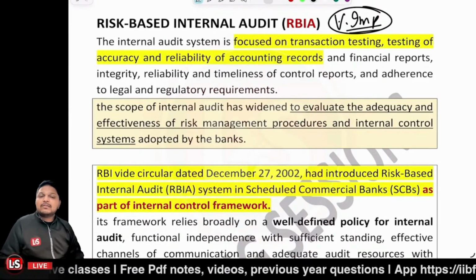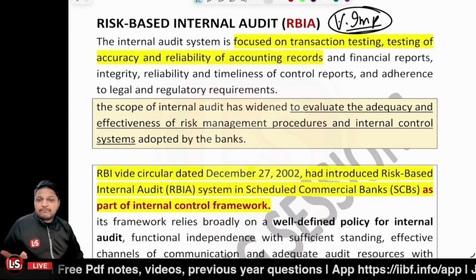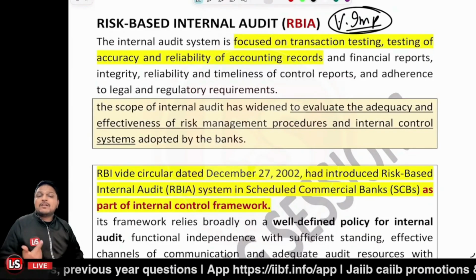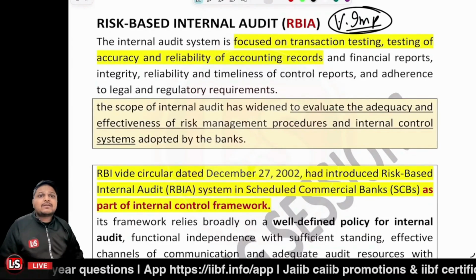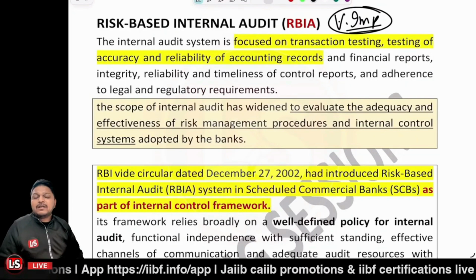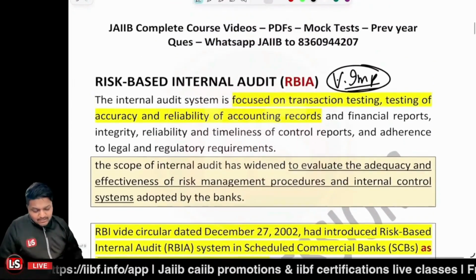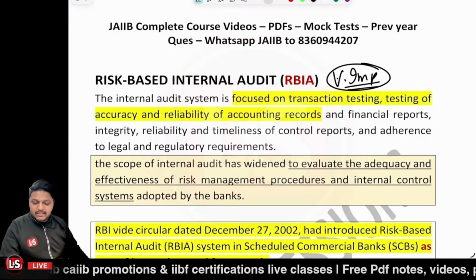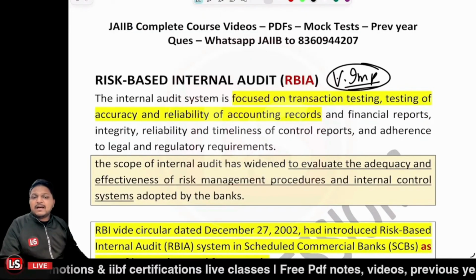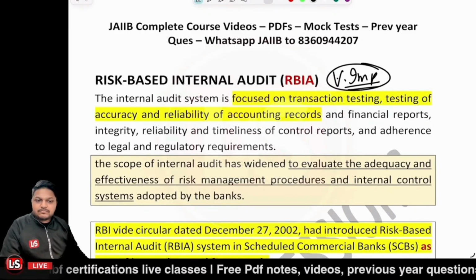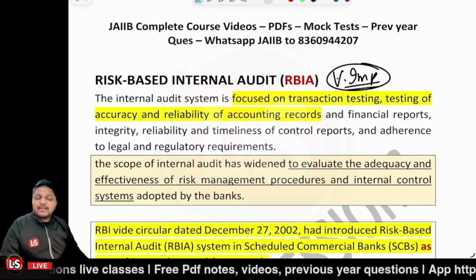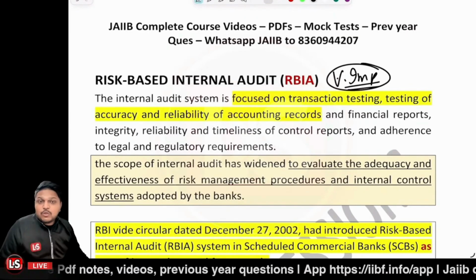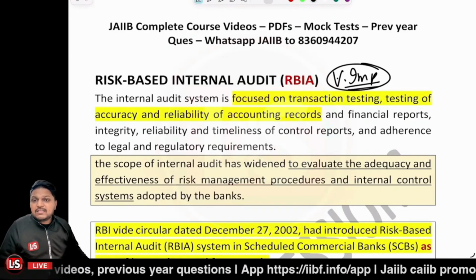And it should have independent staff, proper staffing, competent and professional persons who can complete the processes of the internal audit. All these things together are covered under the risk based internal audit, right? So that is the RBIA. The main thing is that we are to test the things and give our feedback on whether the things are being followed properly or not.